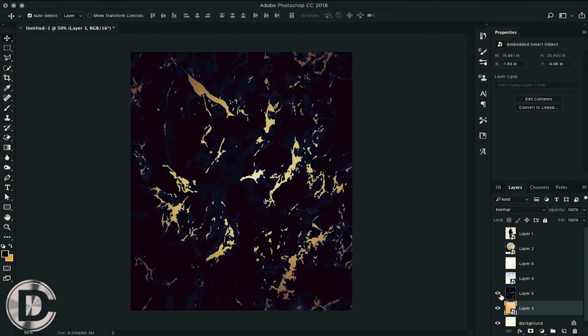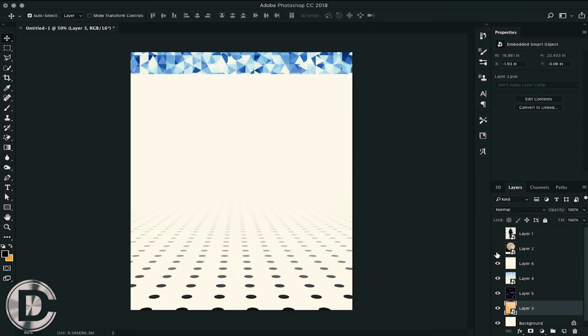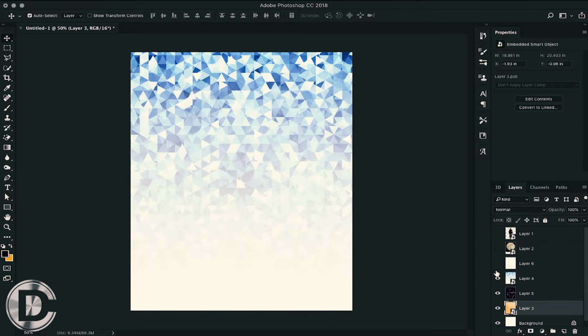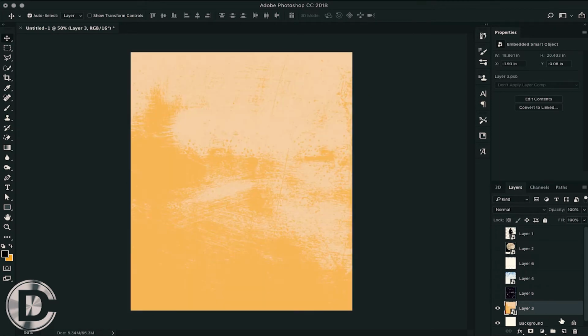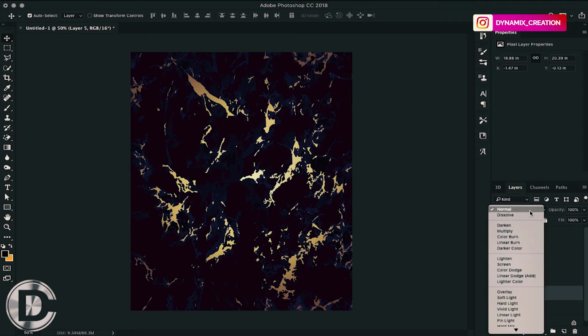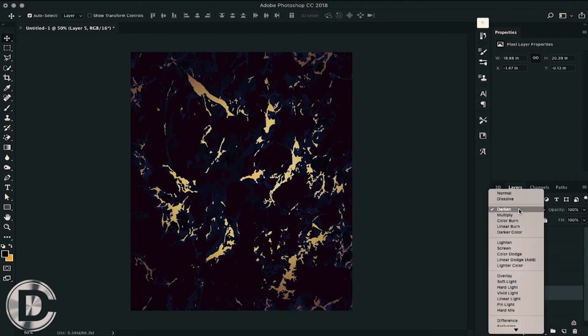So here I have opened many images just to show you a reference of how different blending modes work. It's a background layer here, so we are setting it on the normal blending mode. Moving to the next layer, it's a complex image. From this image I just want the lighter part, or we can say I just want the yellow portion of the image. So how to choose a blending mode?